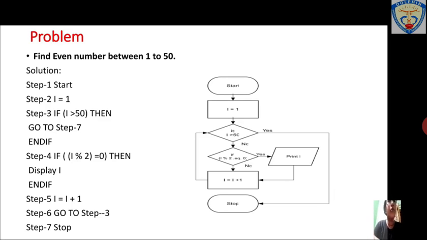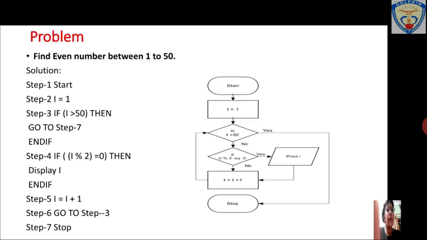Now again it will go to step 3. So this is the looping condition. It initializes the value, checks whether it is greater than 50, and then increments the value. Earlier I was 4, now I is 5. Again 5 is less than 50, so you go to step 4.